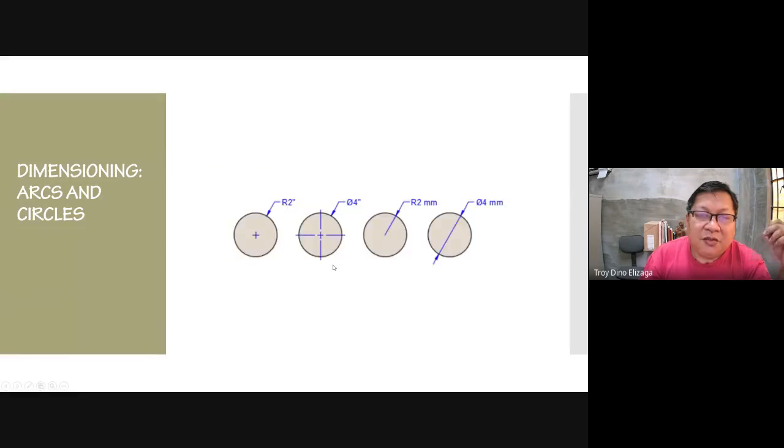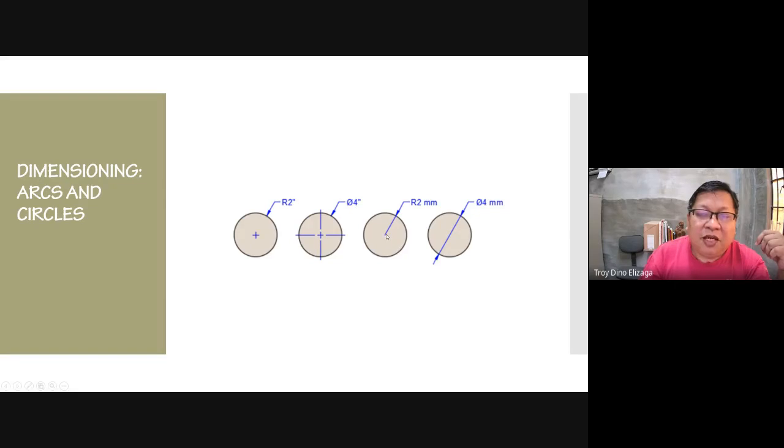Okay. So here, this is a center mark, a very small cross, and then you have a leader that tells you the radius of the circle. So R, 2 inches. So the radius is 2 inches. Now, the second drawing shows a center line. The center line extends beyond the object. And then there's the leader. Then you have this symbol. This symbol means diameter. Diameter is 4 inches. Okay, so the radius is 2, the diameter is 4. So here we read it as diameter 4 inches.